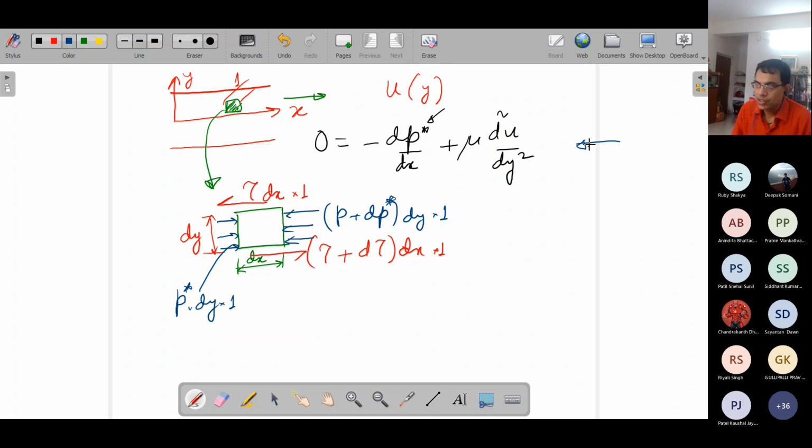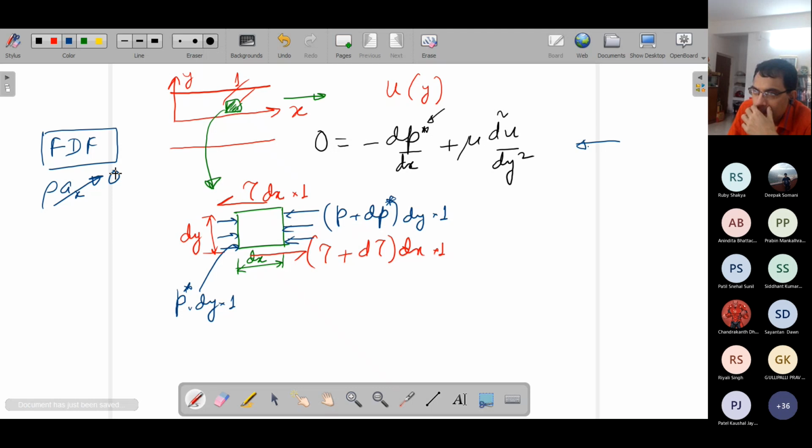Now try to understand the fully developed flow, as we are all seeing. So I'm just writing it separately here. Fully developed flow, if you see the governing equation, the Navier-Stokes equation, the left hand side becomes equal to 0. So customarily in the left hand side we are writing density into acceleration along x, and that is becoming 0. In the previous class I showed the simplification of why it is 0.